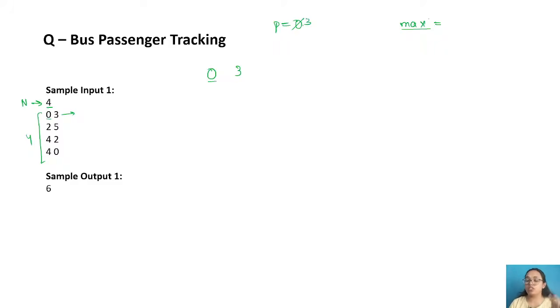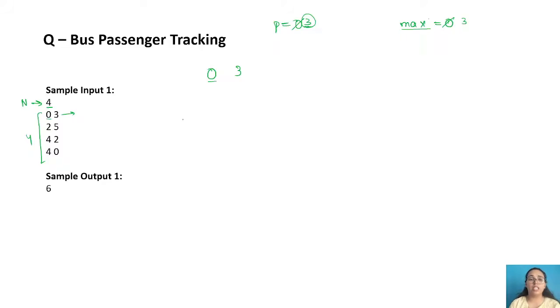Once you have your first value after the first stop, you have to check against the maximum, which we will consider to be 0 initially. Any value coming in more than 0 will be considered the maximum. Is my 3, the current number of passengers, greater than the maximum? Yes, so maximum passengers are 3 for now.